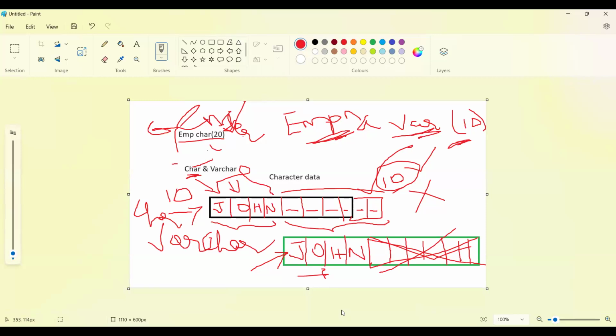We can't decide it clearly, so we would have to use at least 20 or 30 as the size. But then the memory wastage will be huge if we use CHAR. That's the reason we will use VARCHAR whenever we are defining names or addresses. Whenever we are not sure about the length of the data, we will use VARCHAR. Okay. And one more difference is that